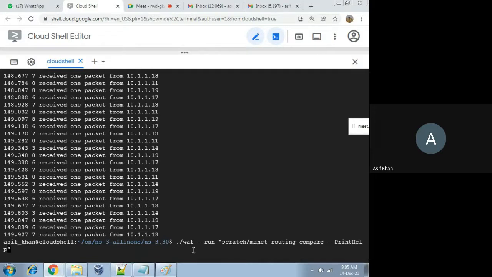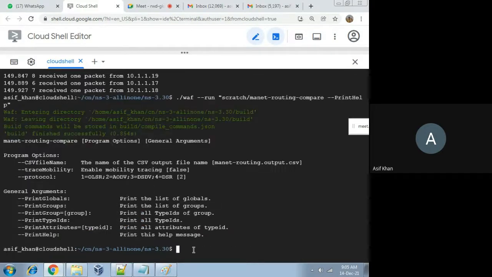Then press enter. See, it is showing different command line arguments that you can pass. Program options: CSV file name, this is for performance measurement, you leave it. Trace mobility, this is also for mobility, you also leave it.